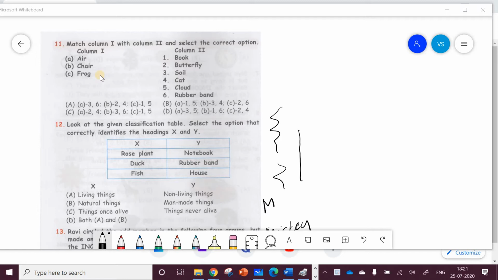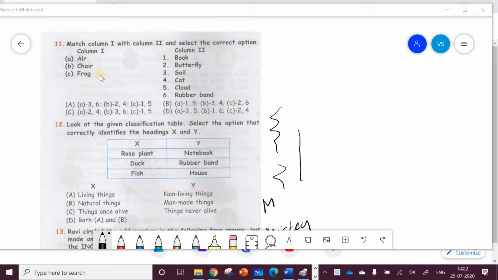Good. All right. So we are going to start with the second session of this chapter. We have done the first session before. Can you tell everyone which chapter we are studying today? We are studying living things and not living things. Very good. We have done the 10 questions of this chapter before, and now we are going to continue with the next 10 questions. All right, let us start.